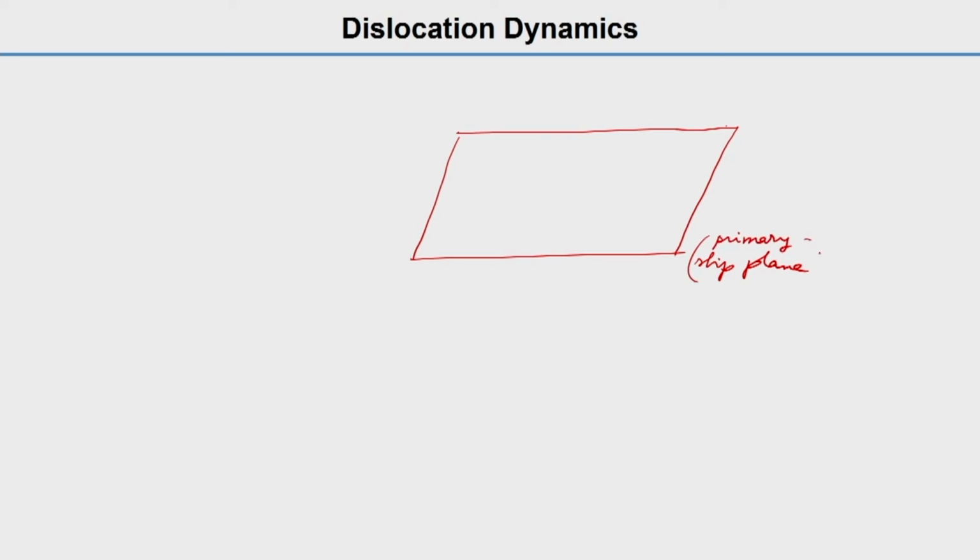As we discussed, there are other defects, but several dislocations will also influence the movement of the dislocation. Suppose this is a slip plane on which the dislocation moves. So we call it a primary slip plane. There are some secondary slip planes also. We don't need to discuss much about it, but let us say there is a dislocation line. So this is a dislocation line, or we will simply call it a dislocation, and this dislocation is moving in this direction, and then there can be some dislocations